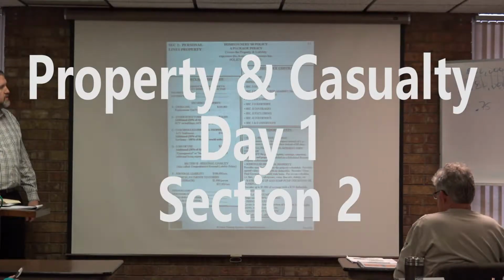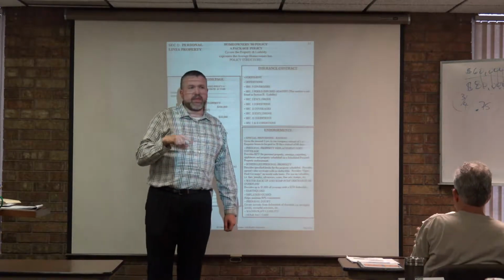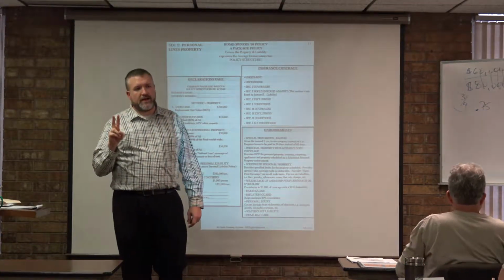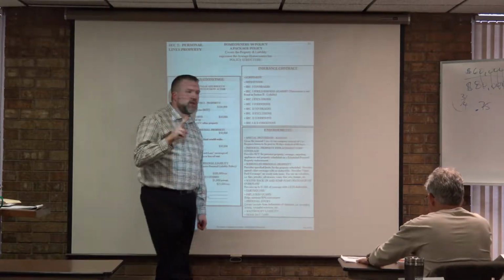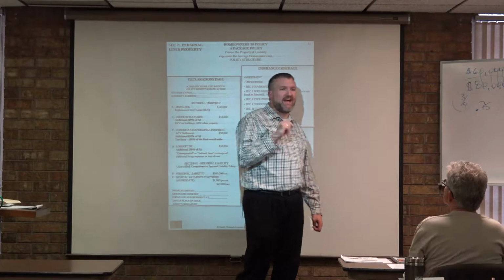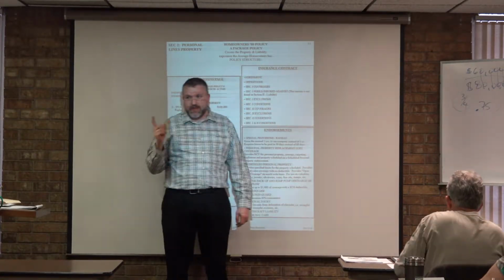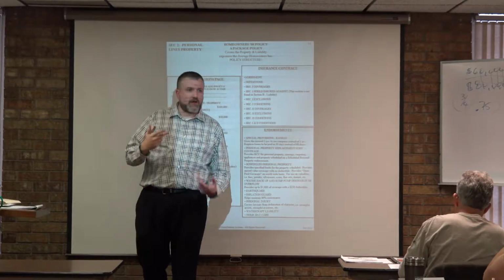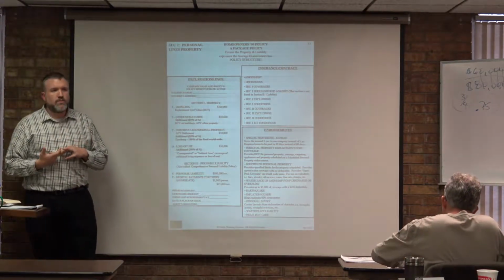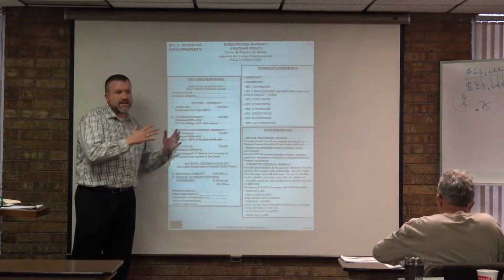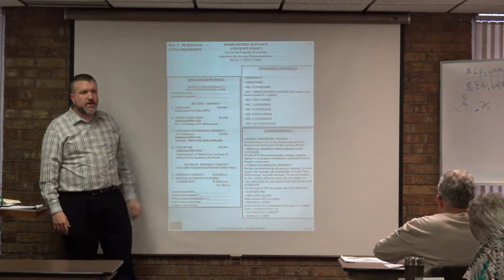Into section number 2. So everything else that we're going to talk about today can be summed up by one 2-word phrase: personal lines. Okay? We're going to talk about personal lines coverage. There's going to be a bunch of different policies we're going to talk about, mainly the homeowners, but we're also going to be talking about farm owners, we're going to be talking about dwelling, okay? We're going to be talking about mobile home. So we're going to go through all these personal lines coverages, but the biggest one that you're going to be tested on is the homeowner's policy.